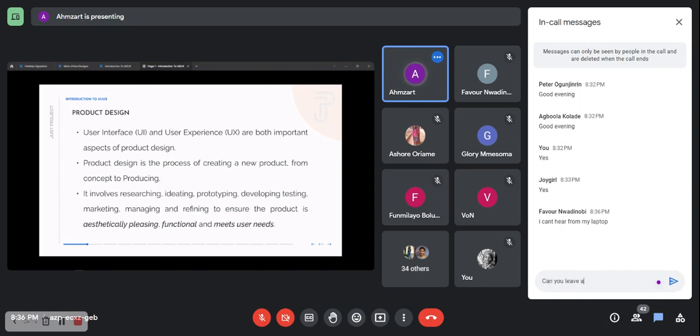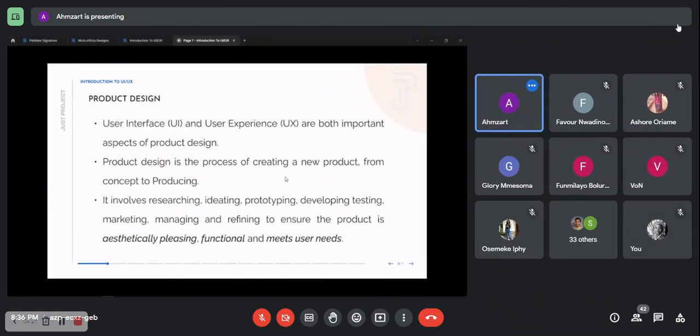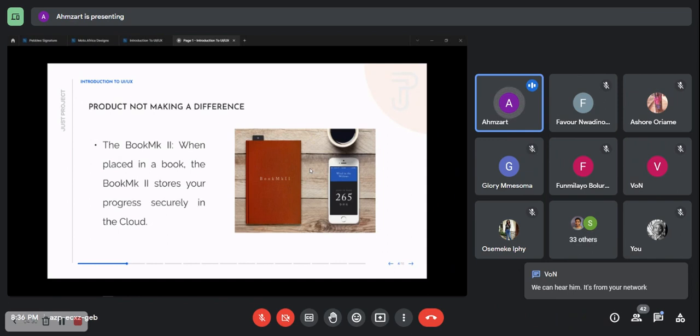And we have a whole lot of products that are close to not useful out there. One example is the bookmark version 2. I don't know if anybody is familiar with this product. What this basically does is it's a page bookmark app where you put it in between your novel or your textbook or anything, and you can record your last read page where you stopped. It moves that data to a cloud where you can access the information on your